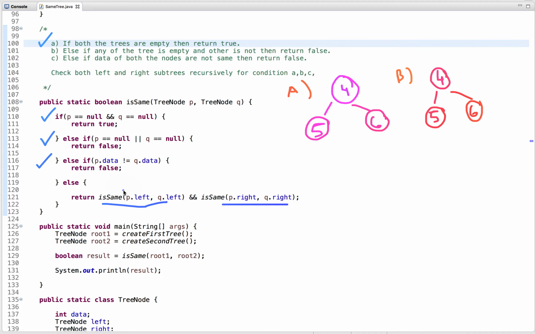We pass the left node and right node recursively until we determine whether both the trees are identical or not. So let's start with the root node. In this method we have passed the root node of both the trees, so this one and this one, and now focus only on this node, and for this node we are checking this condition whether